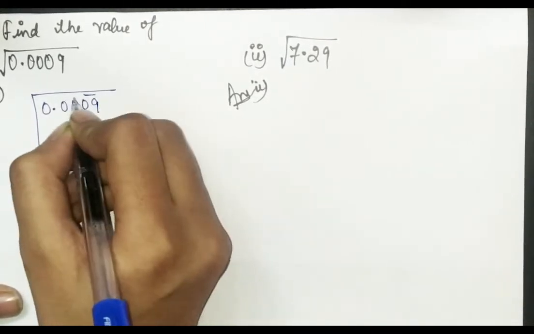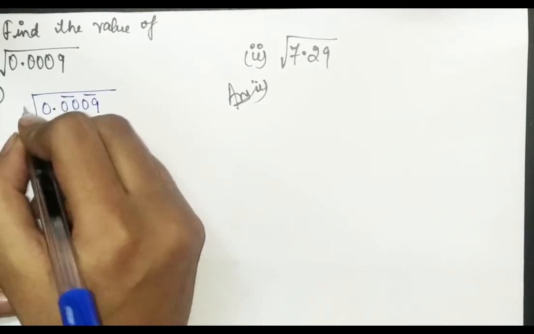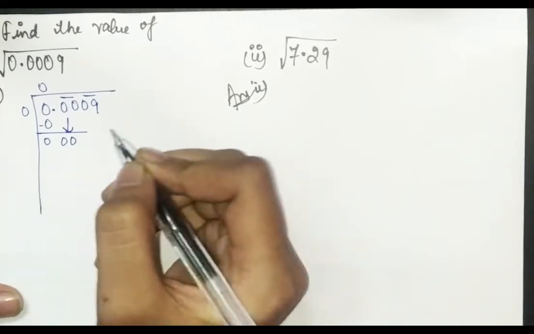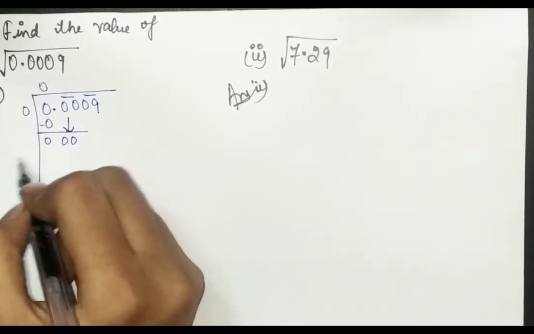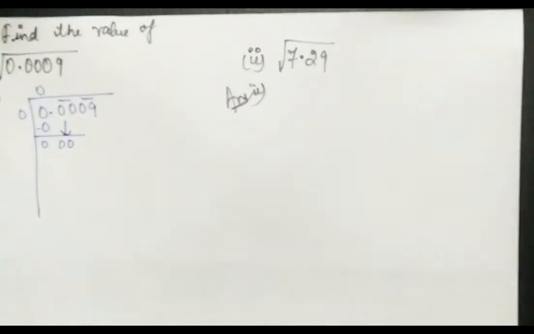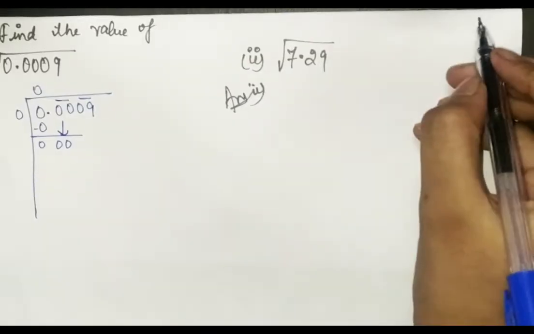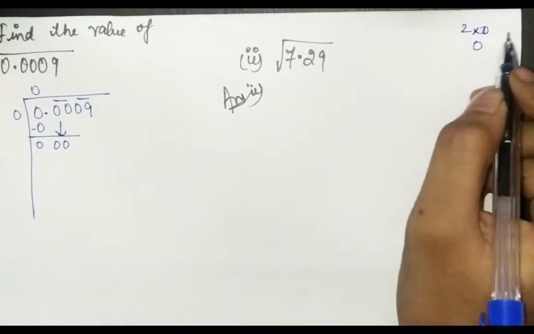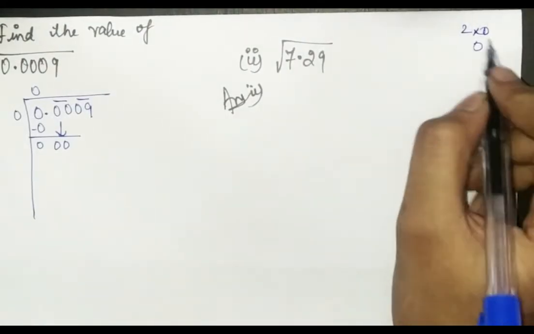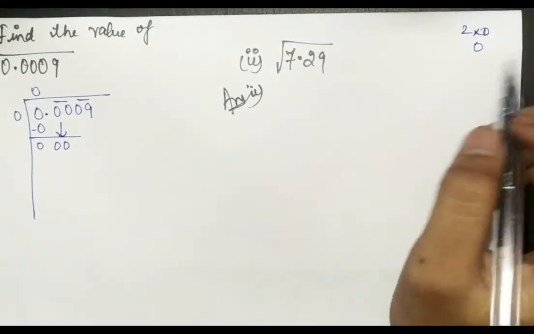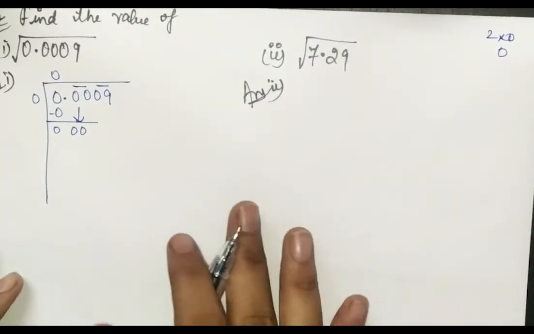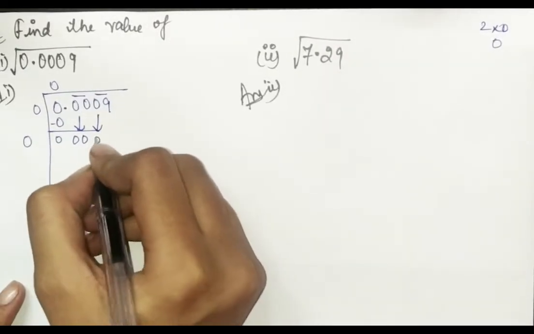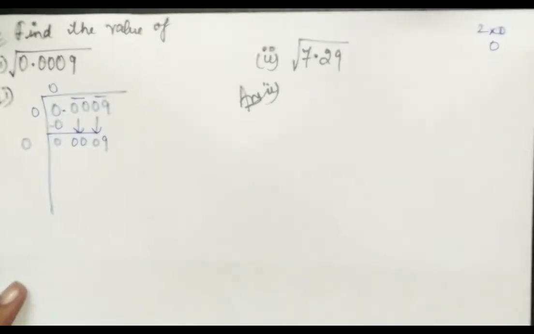0.0009, then pairs. So you all know that 0 will be divisible by its own pair only, that is 0, and then 0 0. Now you have to do the double of 0. You all know the double of 0 means 2 into 0. If I write 2 into 0, that will be 0 only, not double 0 like 0 0 or 0 0 0. So you will write 0 only here, and then you have to put this 09 also here, as 0 0 will not be divisible by any number.